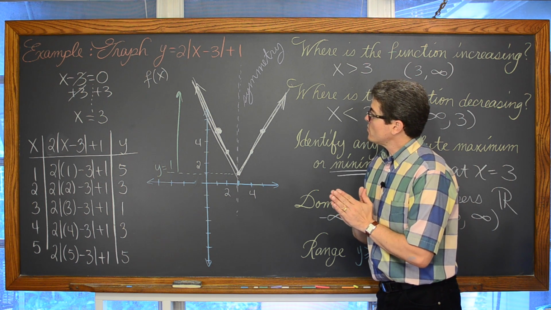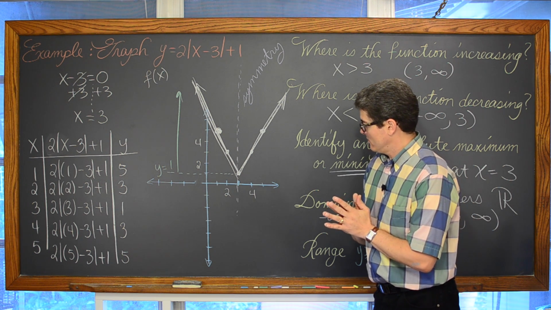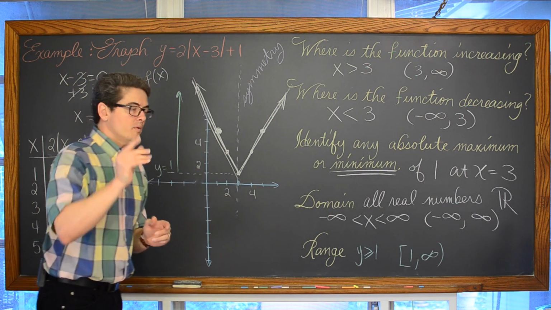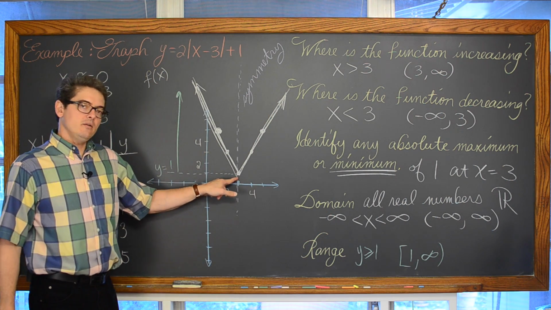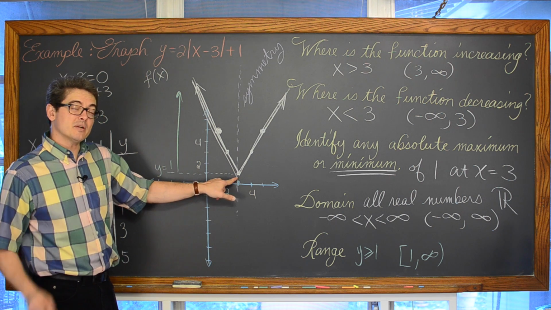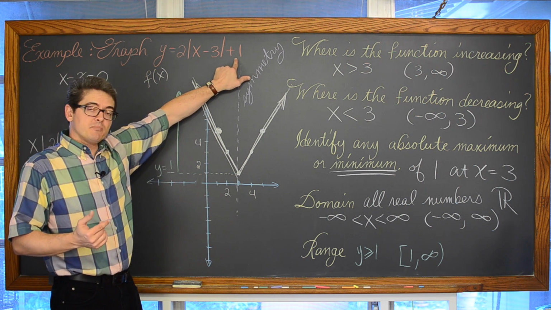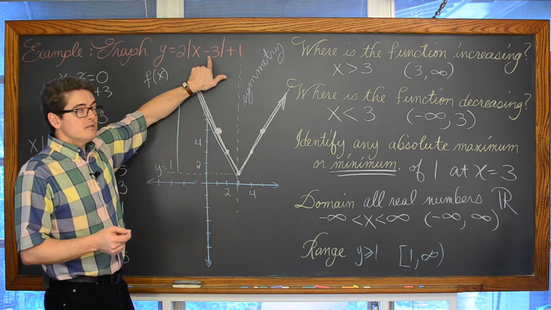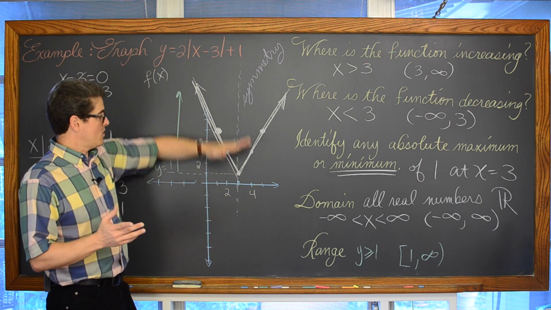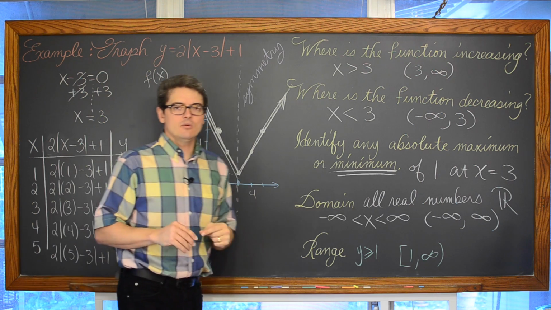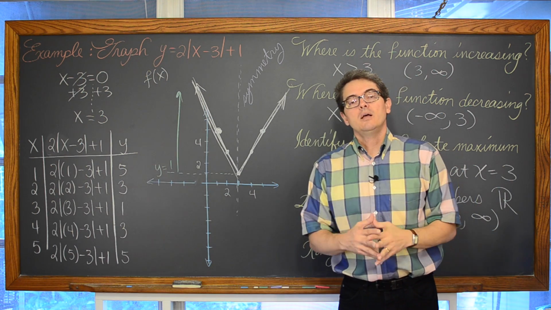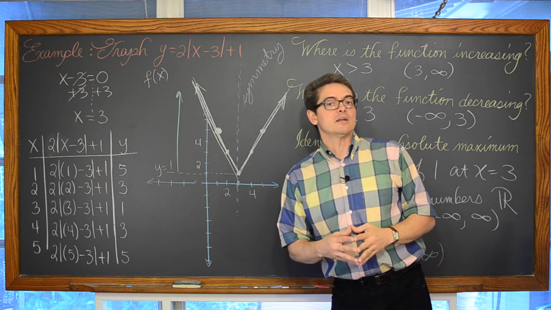And I'm pausing because there was one other thing I wanted to mention, but I don't remember what it was. Oh, yes I do. Look at my absolute value function. It's got a sharp bend on it, but it's not on the x-axis. That is because of this plus 1 that's not inside the absolute value function. That plus 1 shifted the graph up. A little preview of what we're going to learn later, graphing absolute value functions using transformations.